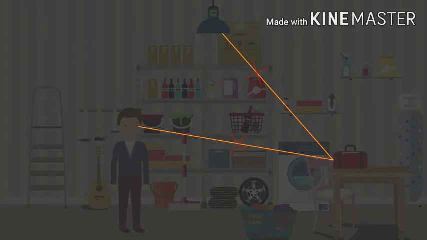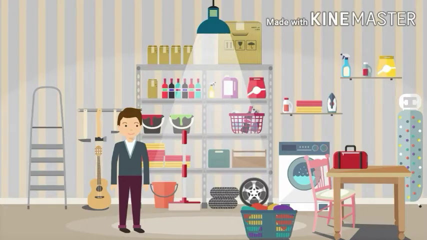Now suppose the person switches on the bulb. The light coming from the bulb reaches all the objects in the room and bounces off the surface of all these objects to reach the person's eyes, thus enabling him to see all the objects in the room. But there is one important thing that we have overlooked here, that we have taken for granted without actually trying to understand it properly.